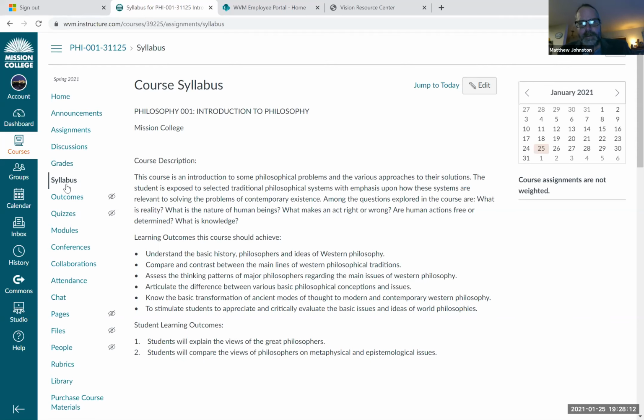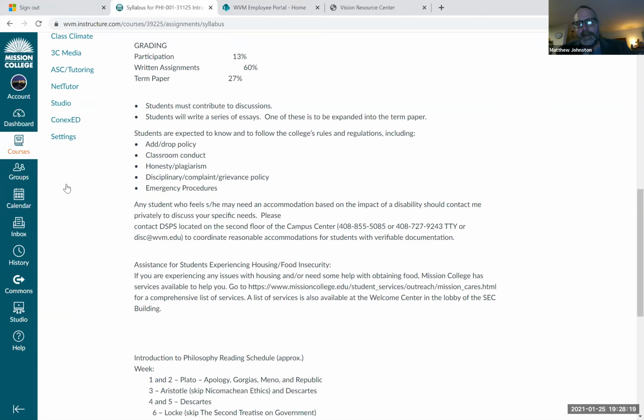They're all similar. The only difference between the term paper and the other 3 essays is just length. That's it. Okay, so 3 of the essays have to be 2 to 3 pages, probably closer to 3. One essay has to be at least 5 pages. So 2 to 3 page essays, 3 3-page essays, whatever, and 1 5-page essay. That's almost 90% of your grade. That's it. Okay, that's what you need to do for the class.